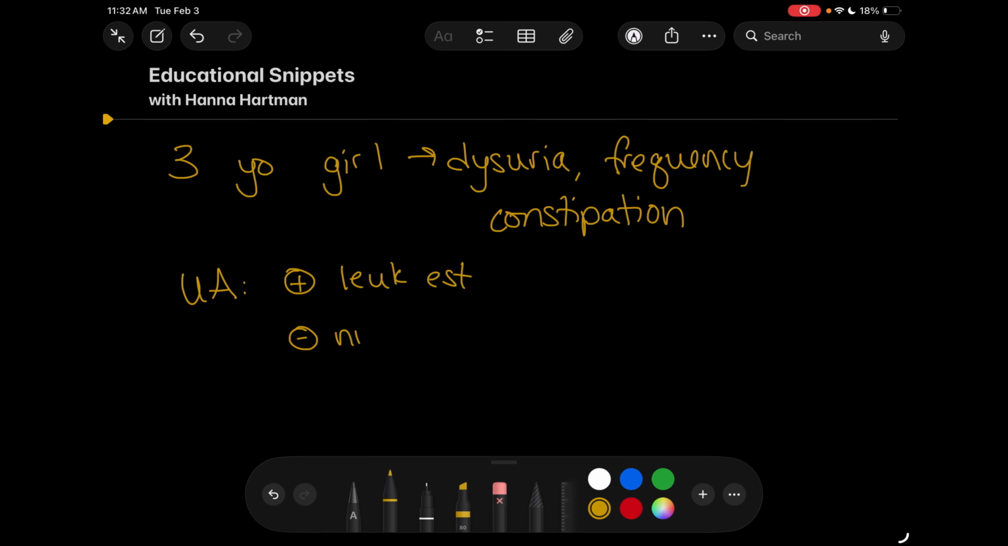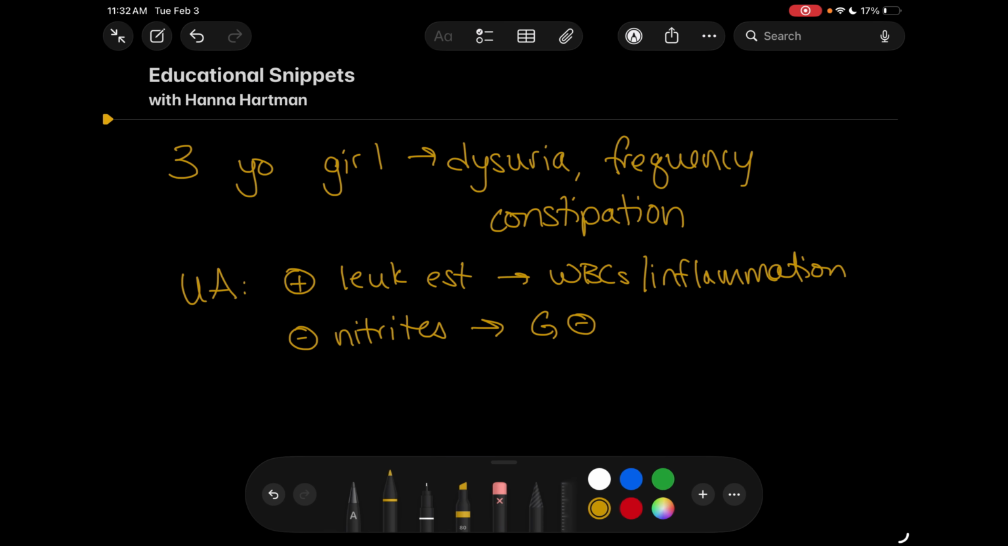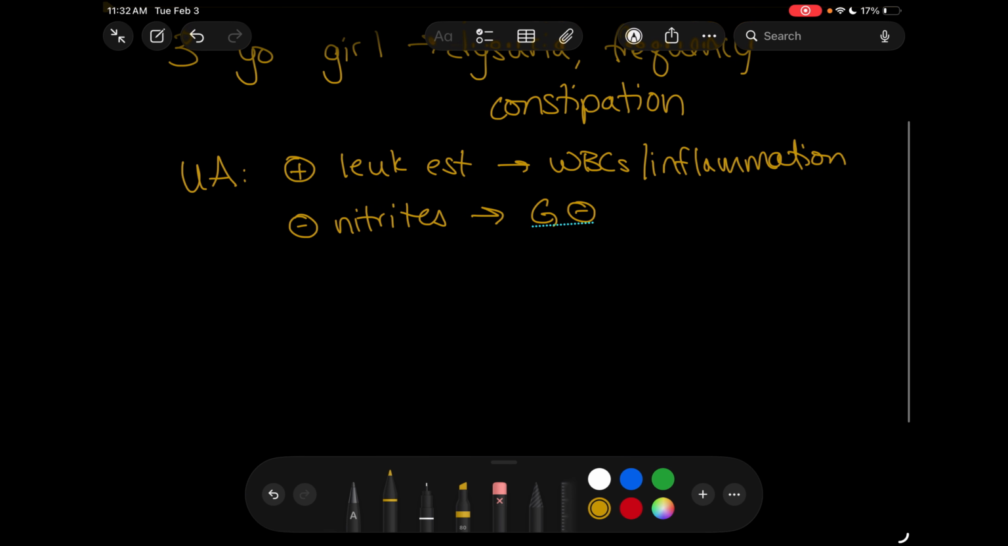and negative nitrites. Now, it's been forever since I was in med school, and I forgot what these mean, so I'm going to share it with you, even though you probably know it. The leukocyte esterase indicates white blood cells, or inflammation. And the nitrites indicate gram negative bacteria. That's kind of a generalization. So in her case, the leukocyte esterase was positive, but the nitrites were negative. The provider started presumptive treatment with Augmentin